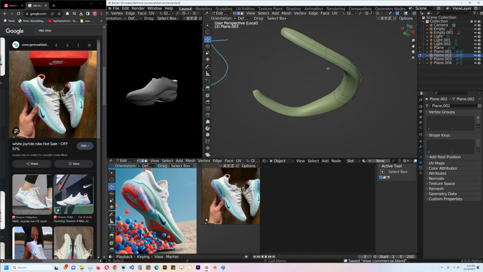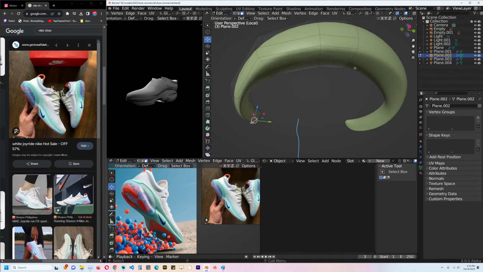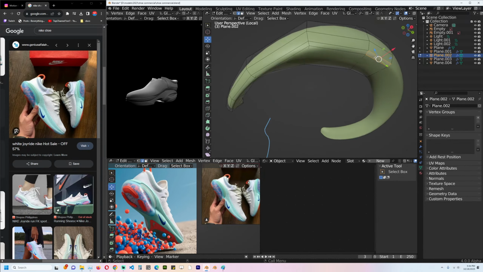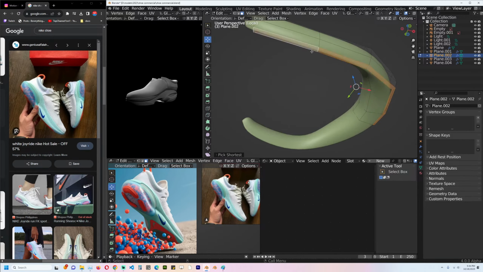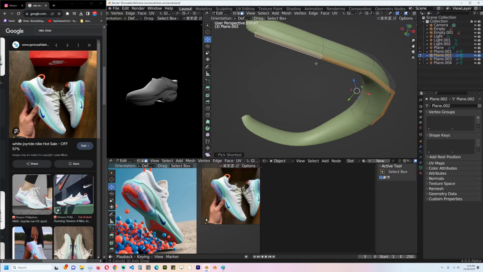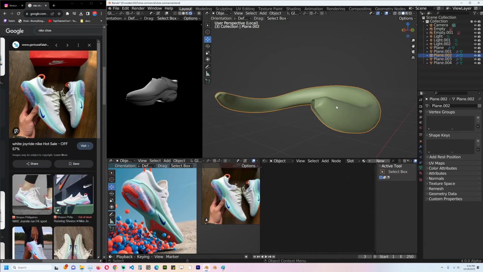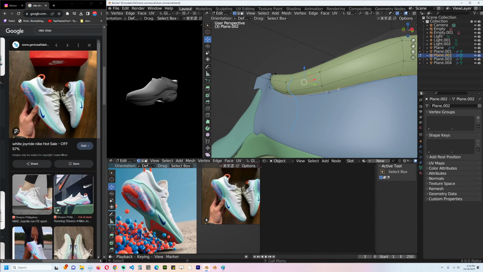I think I need to open this bottom up. Should come right to this side. Yeah, and then